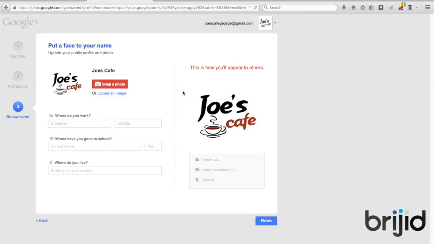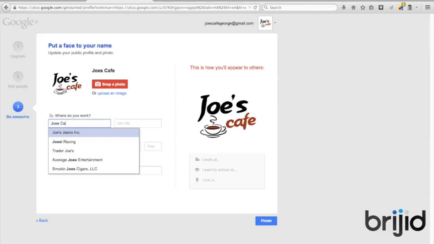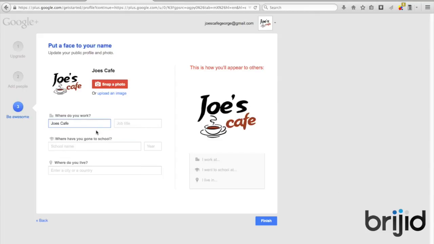Here we're just going to fill in a bit more detail about where you work. Obviously Joe's Cafe, we're a barista there, so we'll just pop that in there. It's important to note here that the more times you repeat certain terms such as Joe's Cafe, George Street, and the location of it, the better it will positively impact how you'll rank